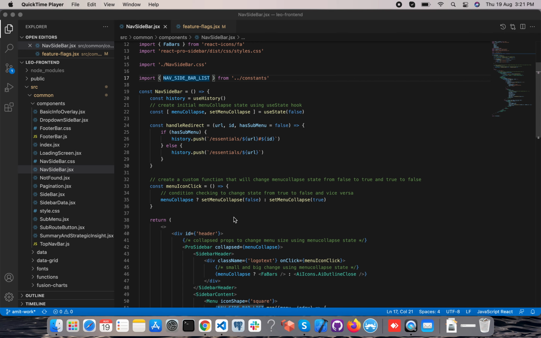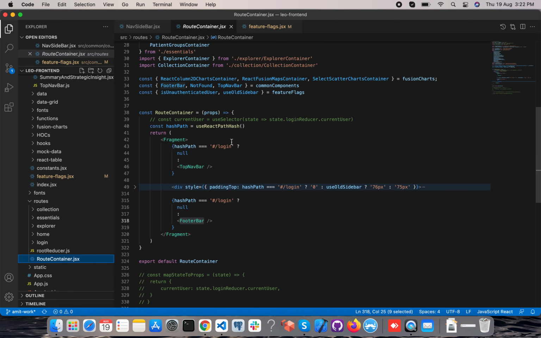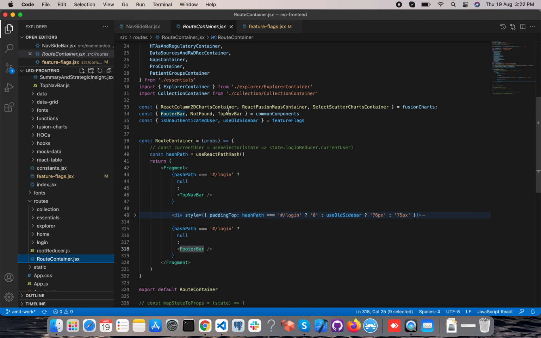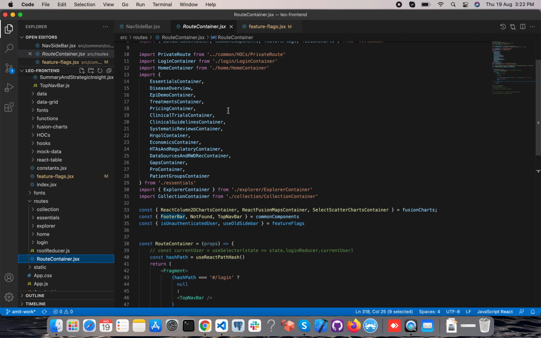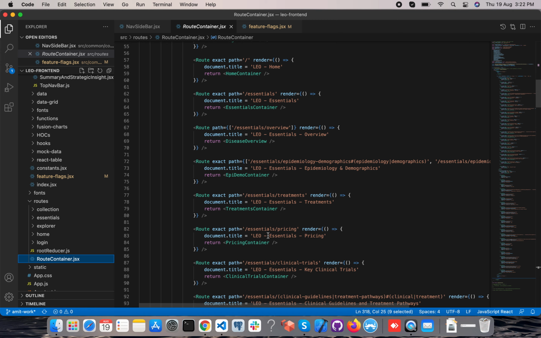Initially, the project was developed as you can see here. The Leo front end was built up from scratch by myself, and there were scenarios like the login screen and the inner pages of the website should be authenticated access only. For that, the main thing that was developed, as I'll show you from the routes, is the private route that I have used here. I'll show you in here,